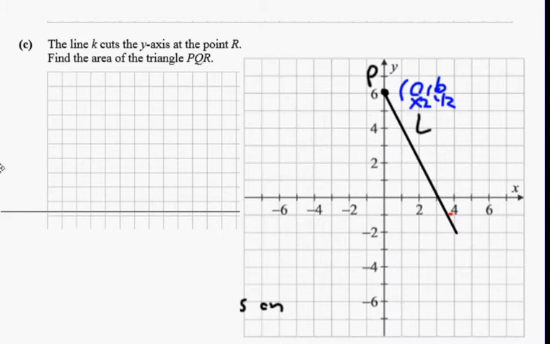Now, it says the line K cuts the x-axis or cuts the y-axis at the point R. Find the area of the triangle PQR. So how we get this is, the equation of line K is x minus 2y minus 8 equals 0. Would everybody agree with that? As specified before, the point Q, our line K has to pass through Q